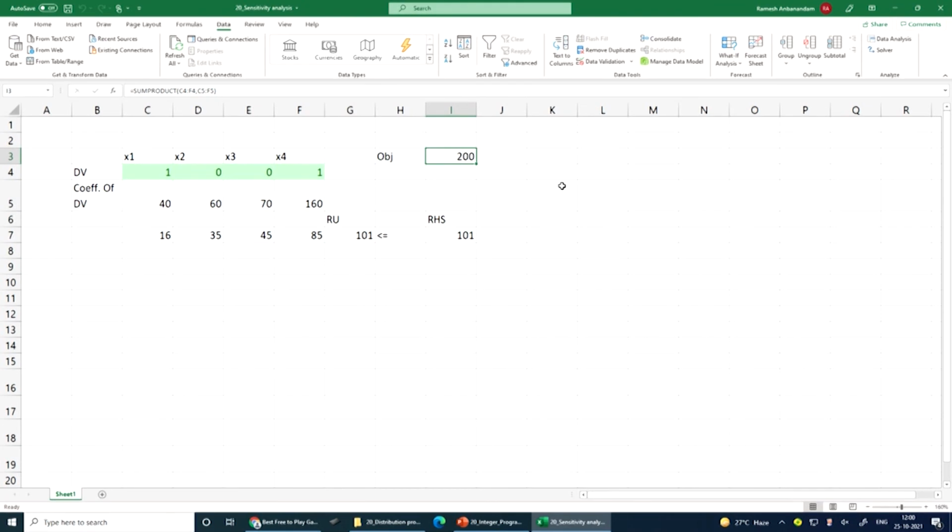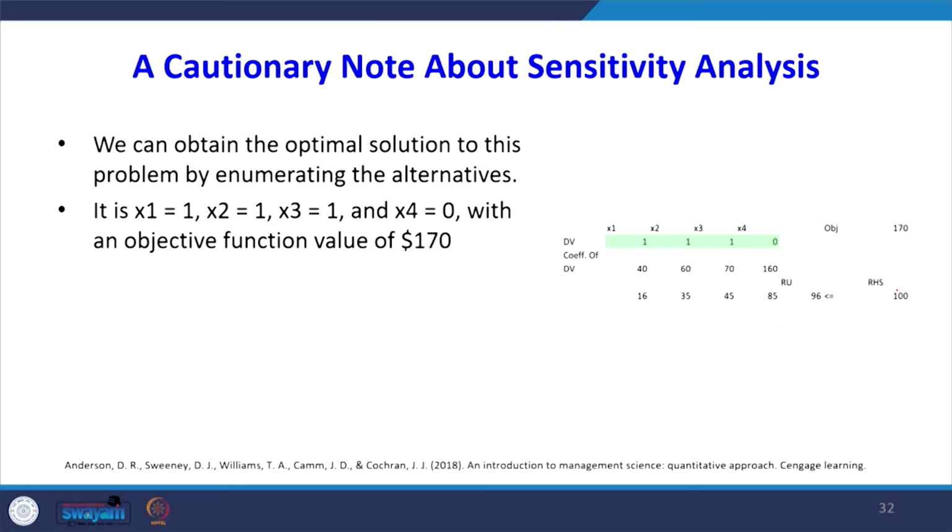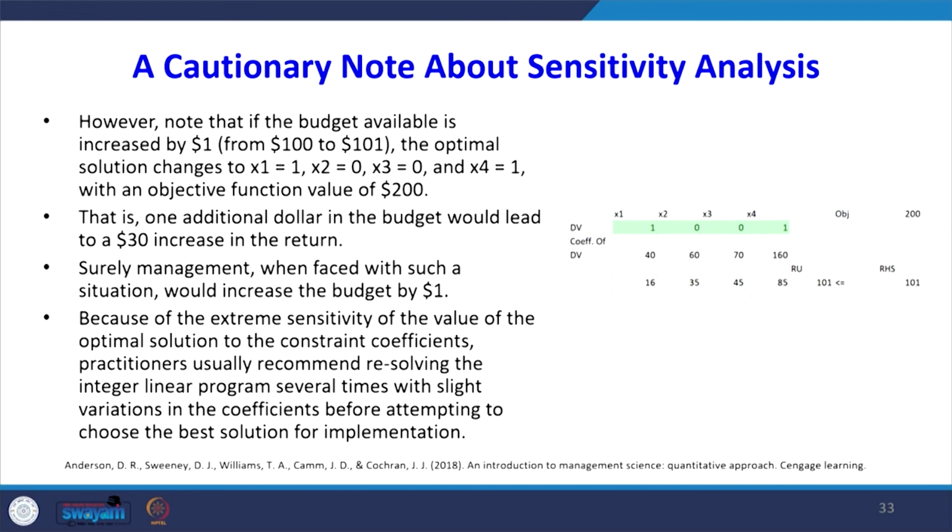Sensitivity analysis in integer programming means you have to resolve the problem. When the right hand side is 100, the value of the objective function is 170. When I change the right hand side to 101, the value of the objective function is 200. That is, one additional dollar in the budget would lead to a $30 increase in the return. Surely management, when faced with such a situation, would increase the budget by $1